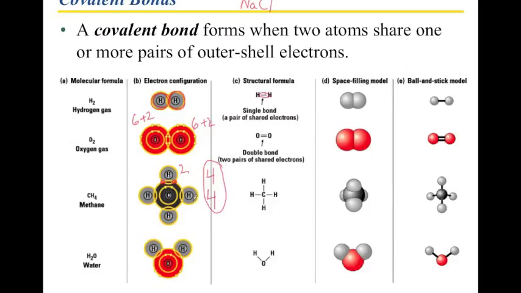So those are the most common kinds of things in terms of bonding that we'll encounter. And for our purposes, when we're dealing with the molecules of life, covalent bonding is going to be the most important type of bonding to become familiar with. This is the end of the second part of Chapter 2. The next presentation is going to be dealing with water, and that's the third part.